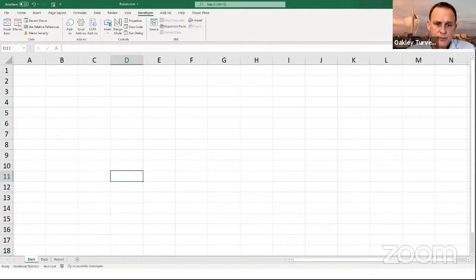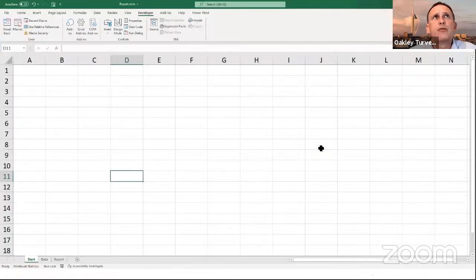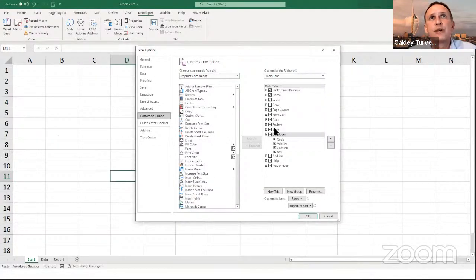Other ways you can do it. You can not just use the QAT, but you can put in a custom ribbon which has all of your macros in it. So if you've got lots and lots of macros, you may as well make your own ribbon and put those in it. So how do we make our own ribbon? Well, right-click, customize the ribbon, just where we went to turn the developer on. And now all we do is make a new tab.